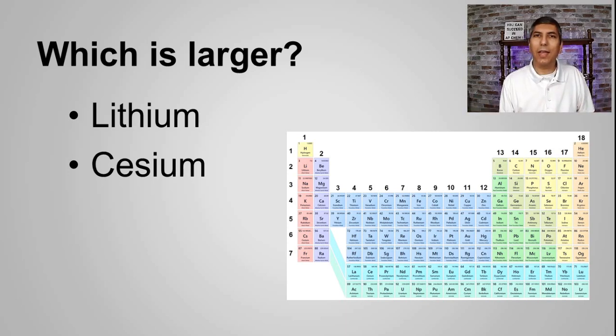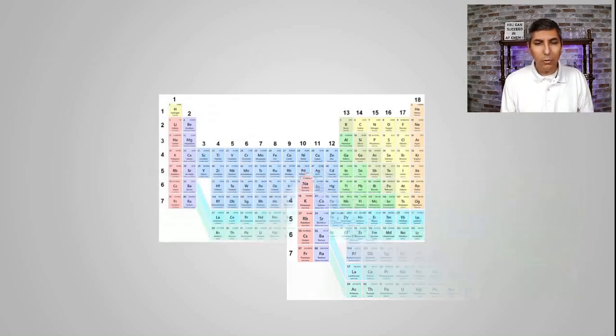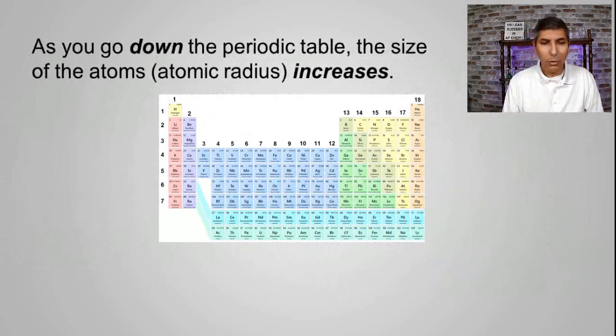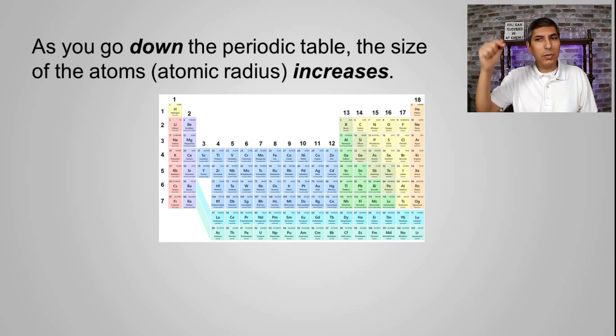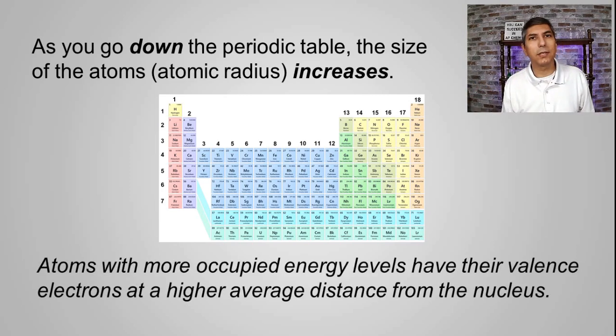Now, why is that the case? I think intuitively most of us understand that cesium is going to be the bigger atom of those two. Well, the reason has to do with the number of electron shells. The trend is, as we go down the periodic table from top to bottom, the size of the atoms, or what we sometimes call the atomic radius, is going to increase. And the reason for this is that atoms with more occupied energy levels